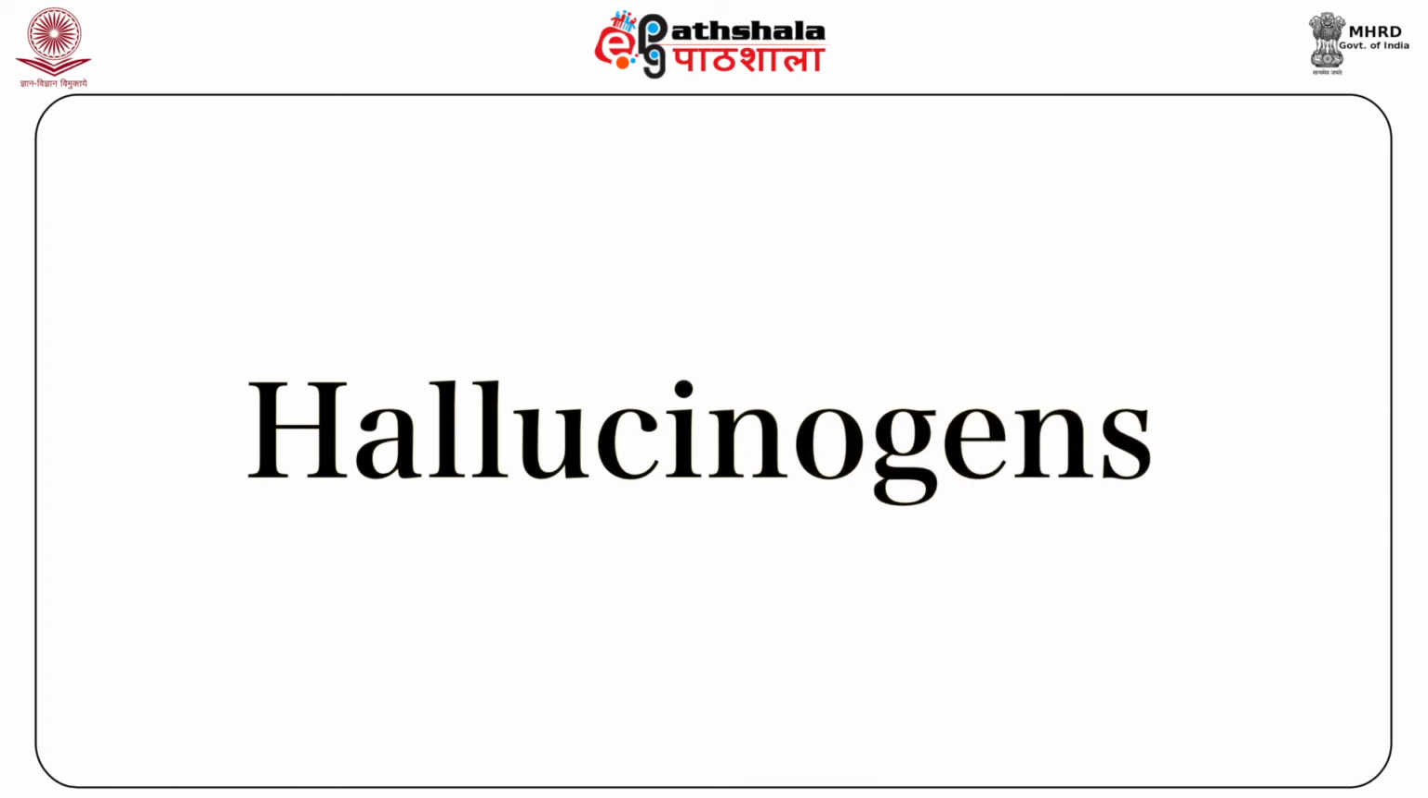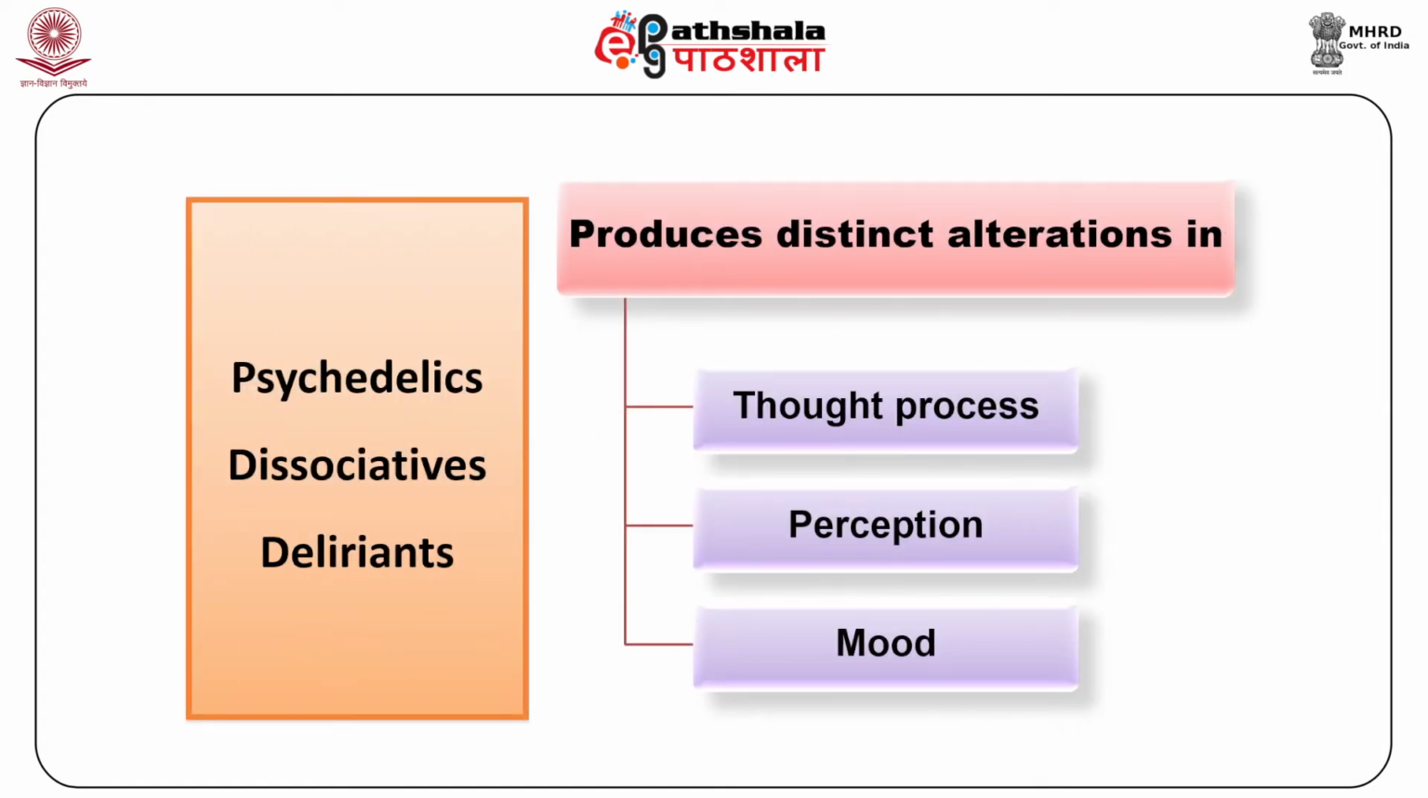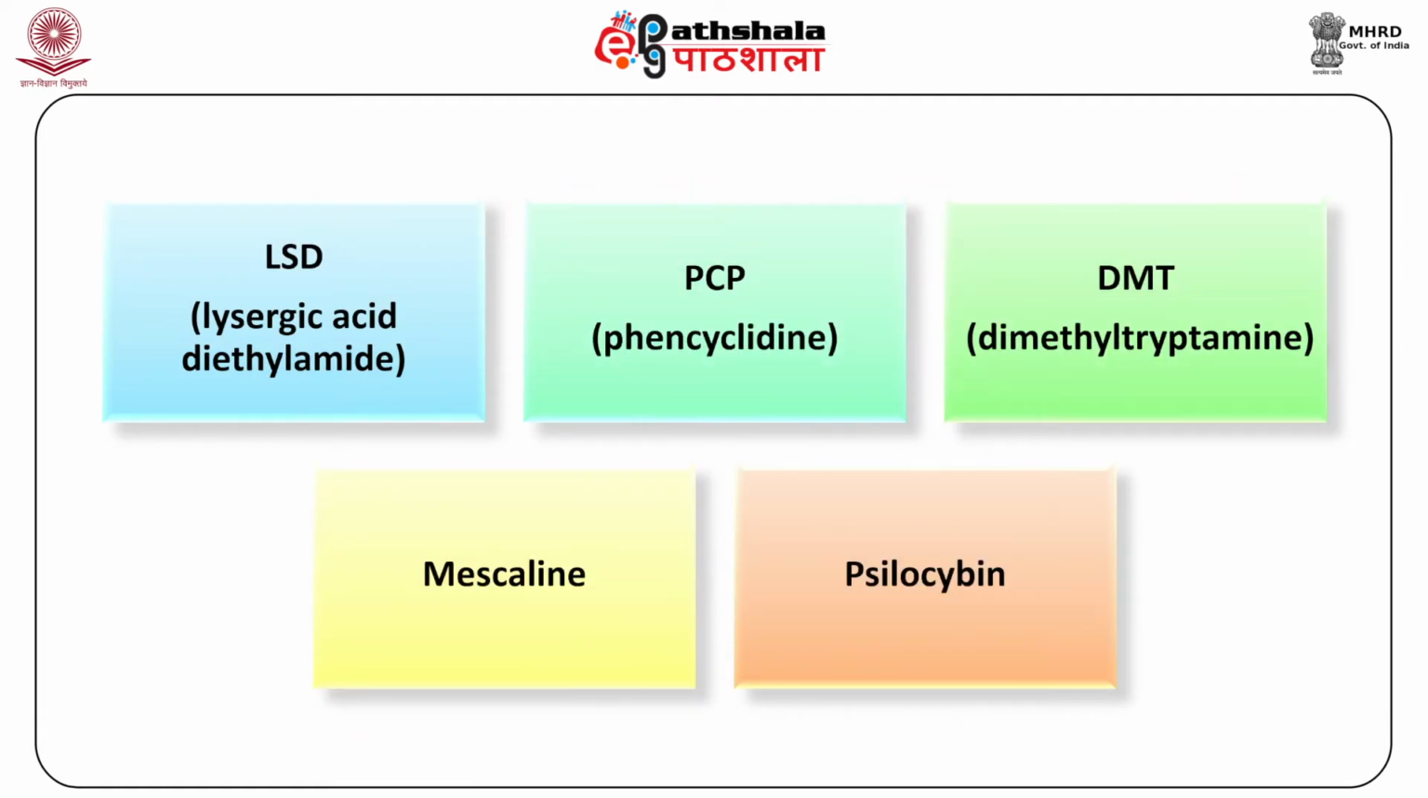Now let us study hallucinogens. Hallucinogens are also called psychedelics, dissociatives and deliriants. This category comprises all those substances that produce distinct alterations in normal thought processes, perceptions and mood. There are a number of substances with varying chemical composition that have hallucinogenic properties. Examples of hallucinogens include LSD, which is lysergic acid diethylamide, PCP, which is phencyclidine, DMT, also called dimethyltryptamine, mescaline, psilocybin,